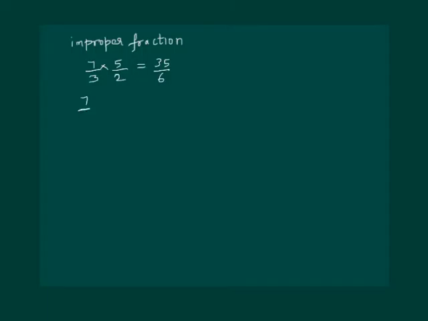Now let us check whether 35 by 6 is greater than 7 by 3 or less than 7 by 3. Similarly, we will check whether 35 by 6 is greater or less than 5 by 2. So the procedure is the same. We will find equivalent fractions. Firstly, find the LCM. We get LCM as 6 and the equivalent fraction of 7 by 3 with denominator 6 will be